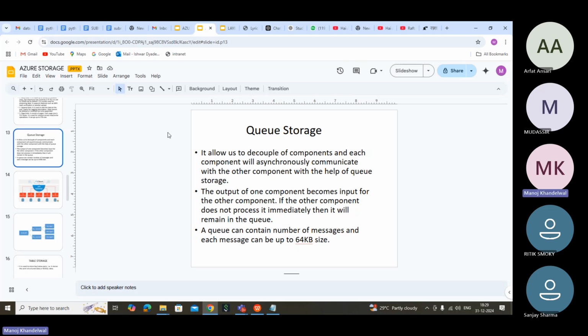So we need queue storage for that purpose. There are applications called RabbitMQ. RabbitMQ is an application in which you can set up queues.